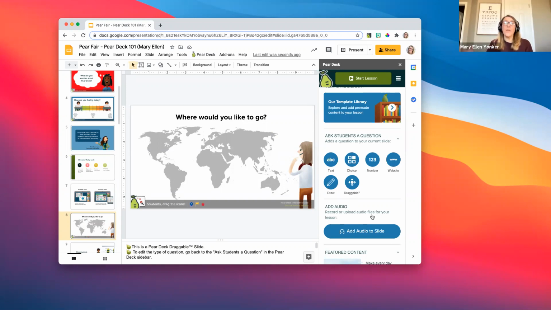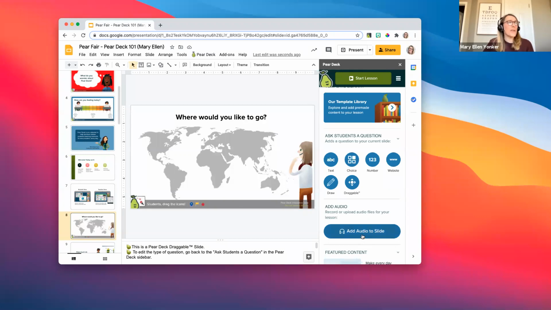So if you have an audio of a poem, a chapter of a book, a piece of music you want your students to listen to, you can upload a file from your desktop, or you can record right in Pear Deck. I love this option because I know I've worked with a lot of students that need that support of oral administration, and this is an easy way to add that to your slide deck.